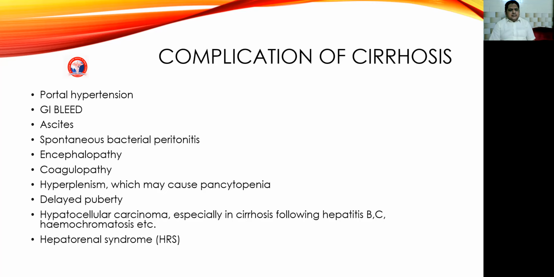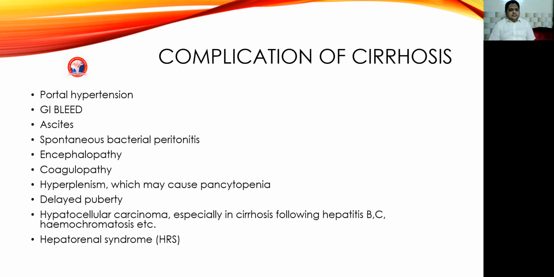After ascites, there is spontaneous bacterial peritonitis because the immune system is not properly functioning because of hypoproteinemia. The globulins are not secreted properly, so there is loss of immunoglobulins. So the immune system is not working properly. So this bacterial peritonitis is very common. Next one is encephalopathy. Next one is coagulopathy,